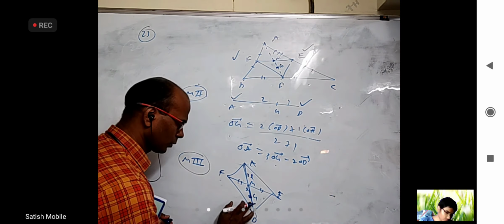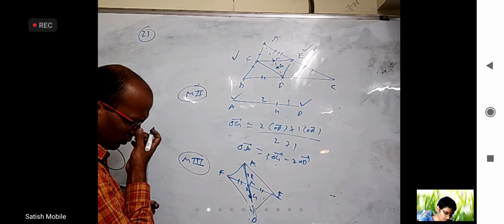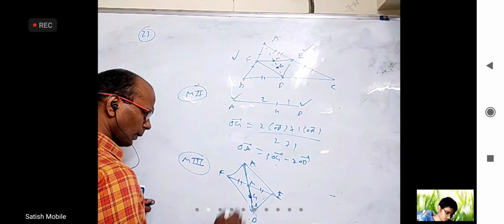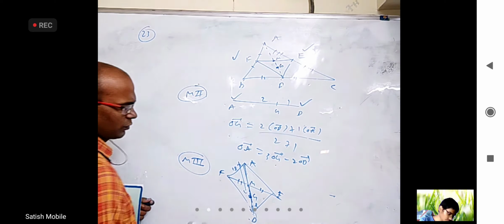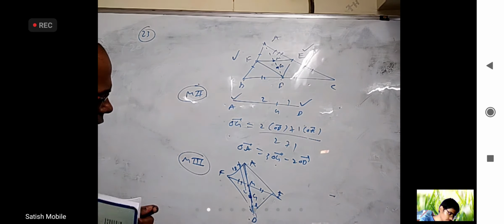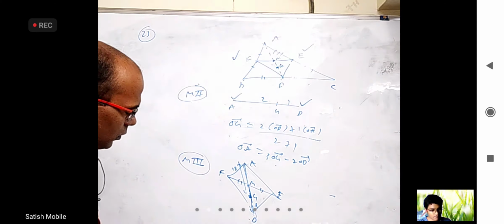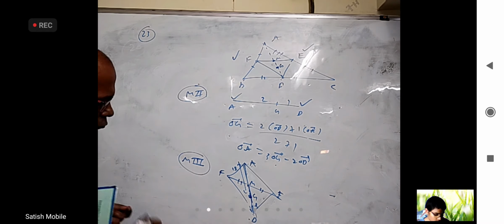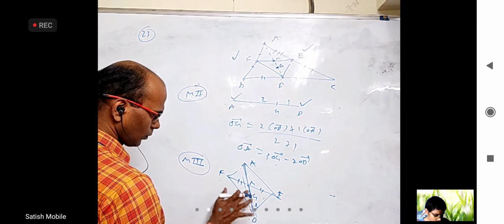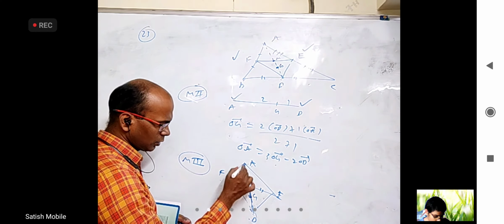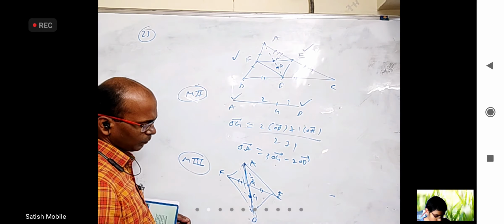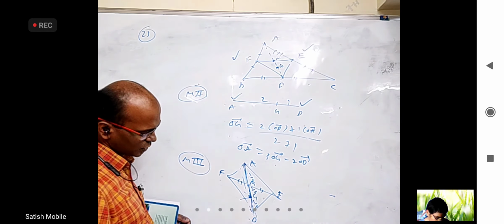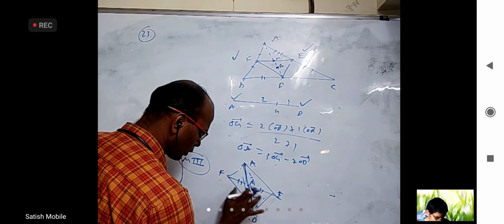Wait, that's wrong. This is not 2 is to 1. Sorry about all this. Okay. I'll take this length as L. This total will be 2L because of the centroid dividing the median. Another thing I have to check is that this and this are equal. So how should I check with that? If I take this total, this is half, and this should be 1/3. This half minus 1/3 will be 1/6. So I should know this is 3 is to 1.